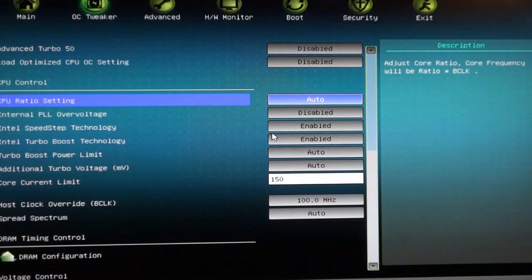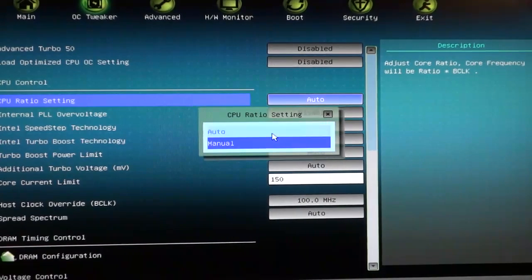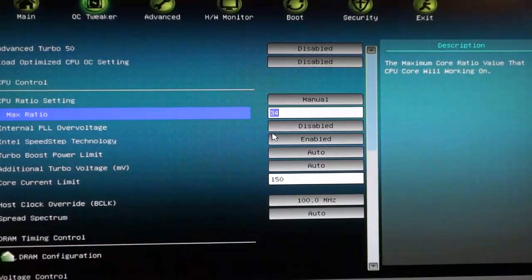The first option you'll come to is one that most people do know about, the CPU ratio setting, which by default is set to auto. We're going to change that to manual, at which point you'll see a new field appear called max ratio. This number 34 is a multiple of the base clock, which is 100 megahertz. So if you multiply 34 by 100, that gives you the 3400 megahertz or 3.4 gigahertz that your processor is